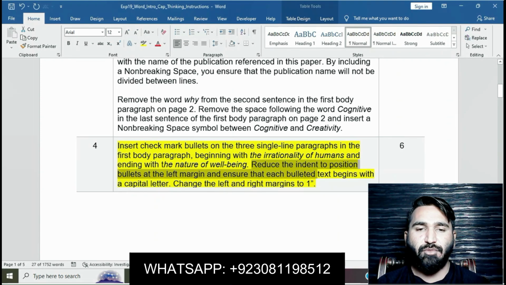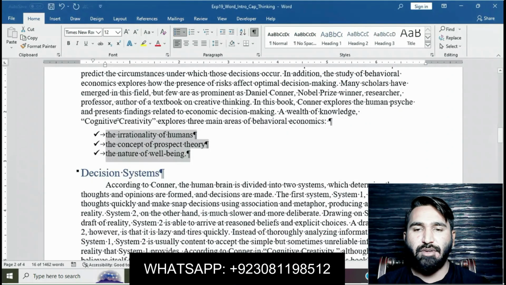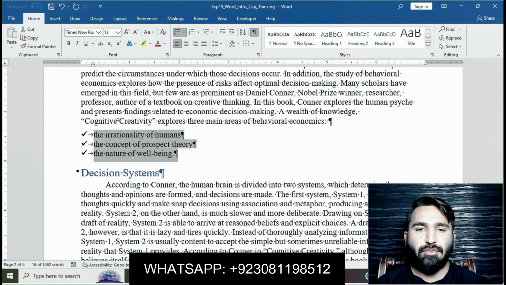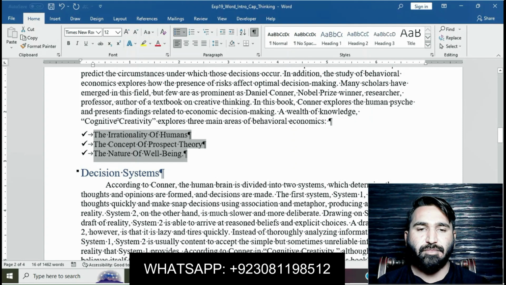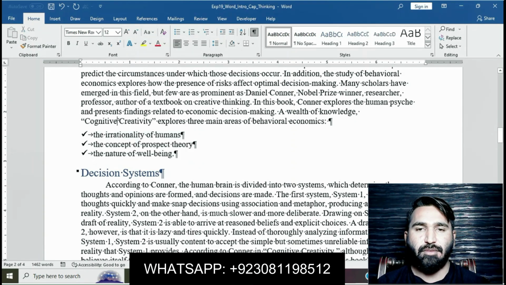Reduce indent to position bullets at the left margin and ensure that each bulleted text is sentence case, uppercase at the start and the rest in lowercase.